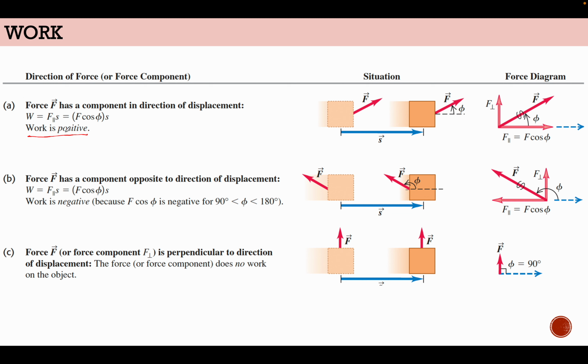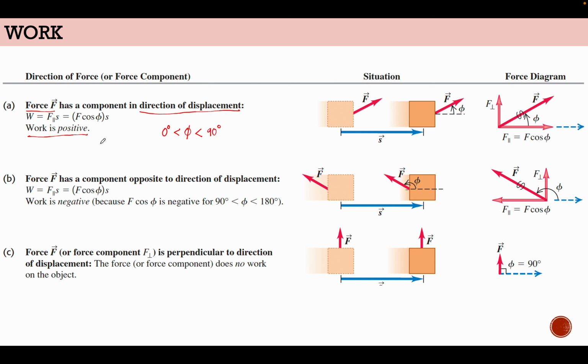Work is positive if our force F has a component that is in the same direction as the displacement. Looking at the figure, the force that we exerted is in the same direction as our displacement S. And also, our angle phi must be greater than 0